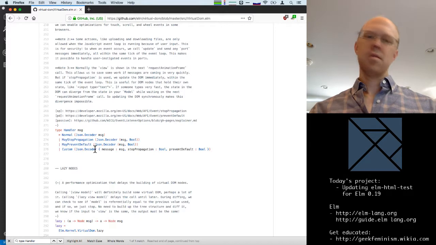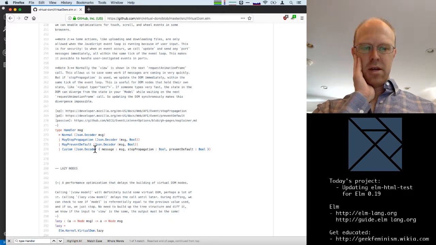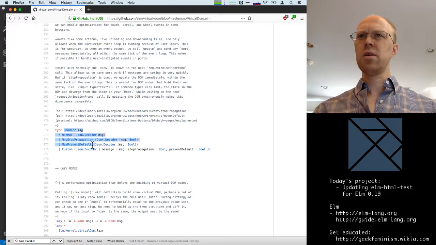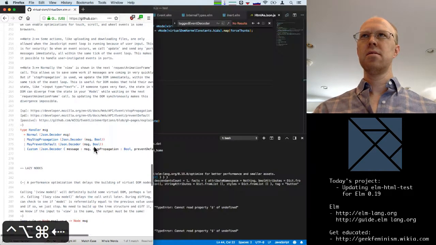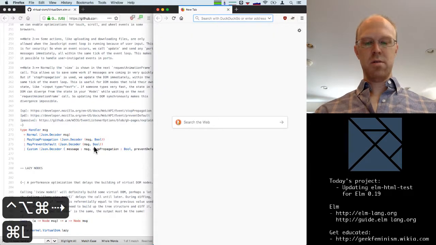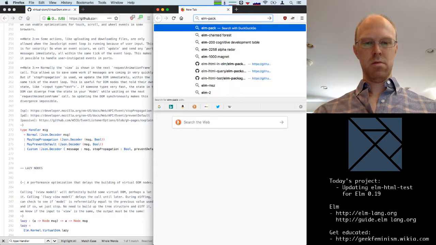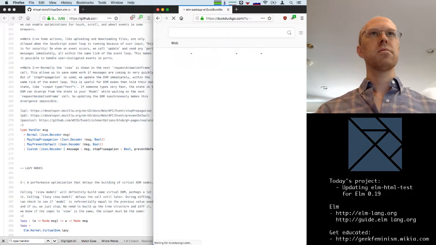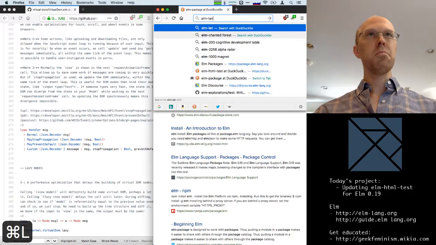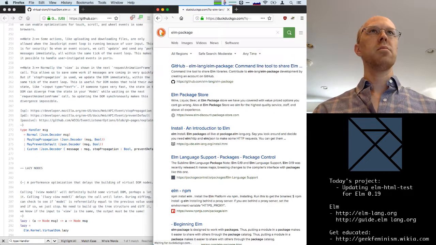I'm thinking it might be worth looking at the Elm 0.18 virtual DOM code and seeing what it had here instead. Let's try that real quick. Actually, that needs to be elm-lang virtual DOM.